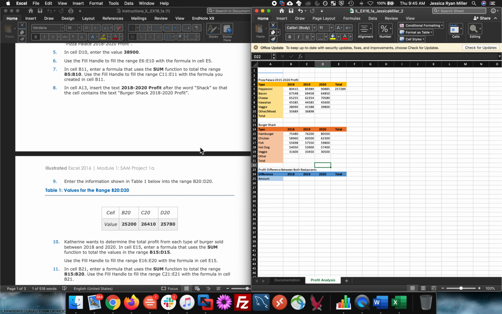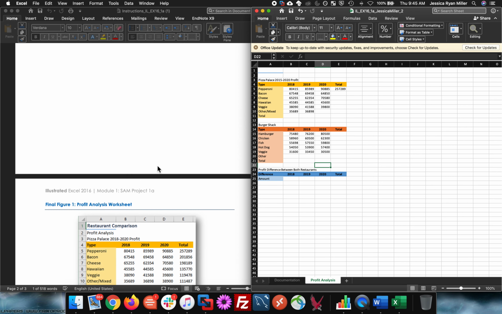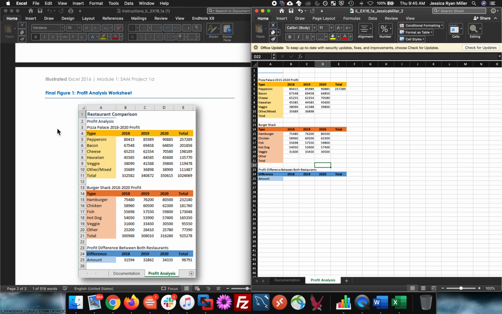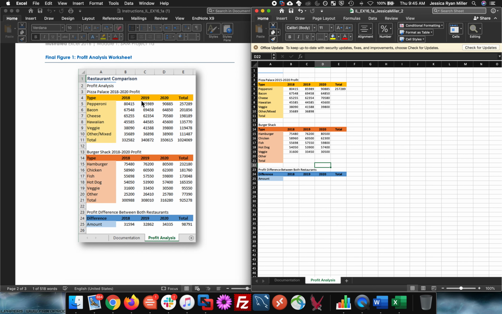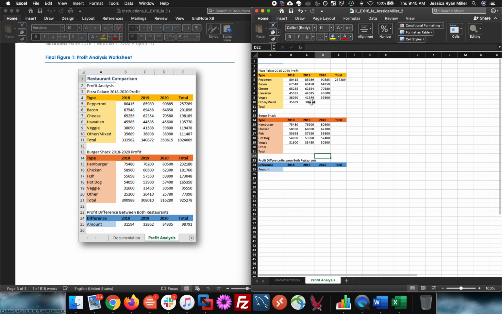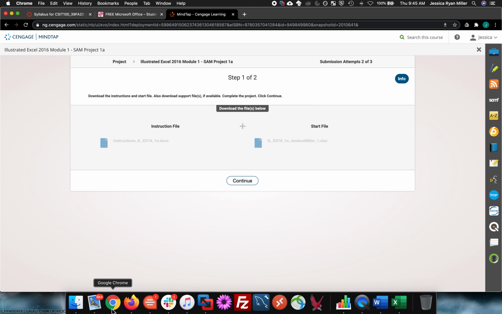And also, if you scroll down all the way here just real quick in the Word file, it'll show you what your document should look like at the end. Okay, so obviously mine doesn't look like that because I didn't do anything, but that's okay. So I'm going to go ahead and submit this. To do that, I'm going to go back